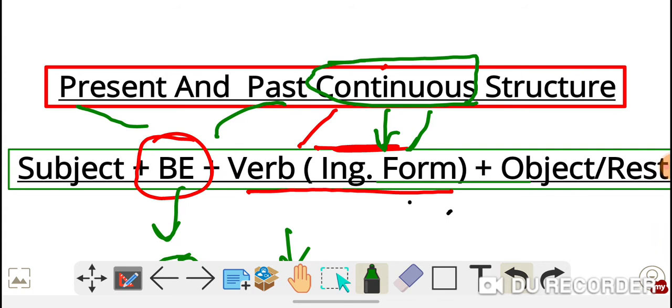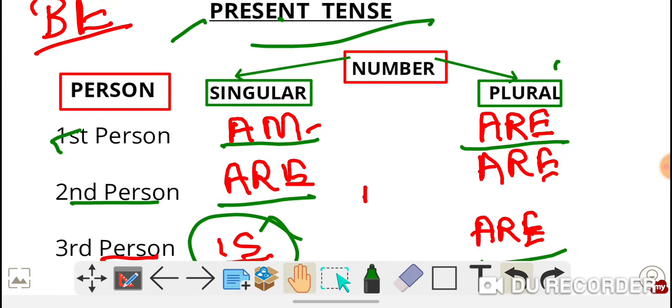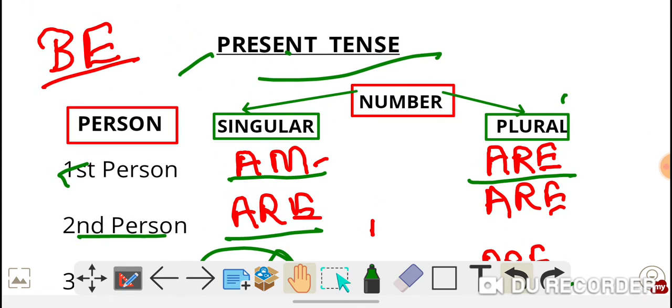Now we use be. When the action is occurring in past or in present, by whom the action is being done, or how many persons are performing the action, will be indicated by the be auxiliary verb. So we need to break down the be auxiliary verb first. Before I elaborate, I want to give you a brief idea of tense, subject and number.